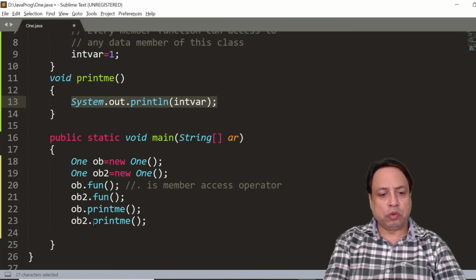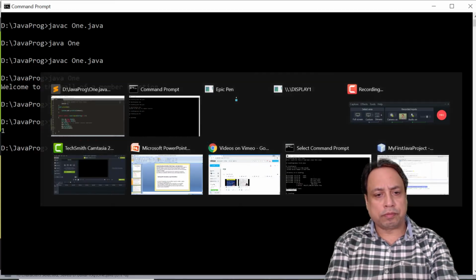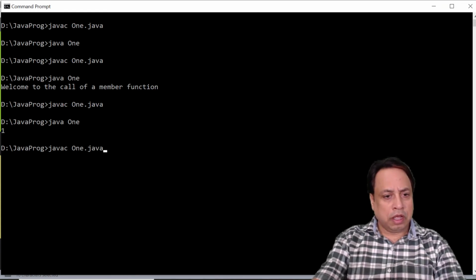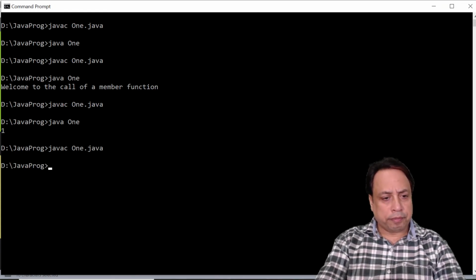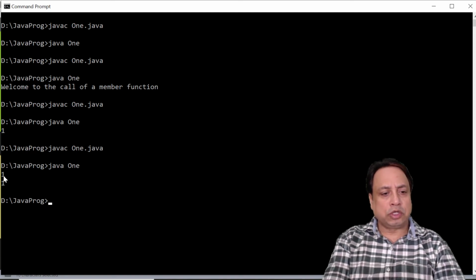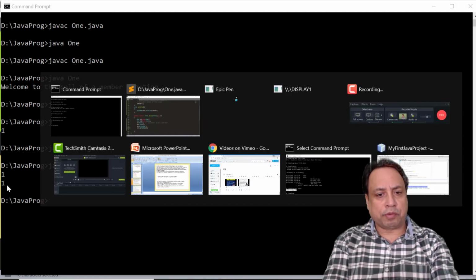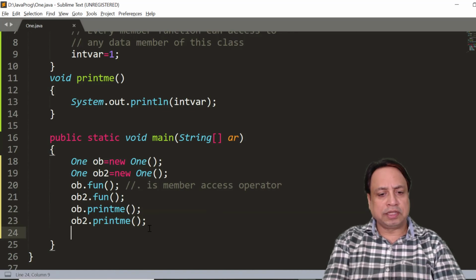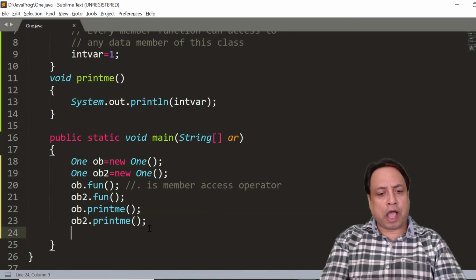So whenever I try to execute the print me function with respect to these two objects, we should get 1. So let us save this program again. Go to the command prompt, compile the program again, execute it, and that's it. As you can see, there are 2 ones, which means our program has successfully executed, और that shows कि आपके जो